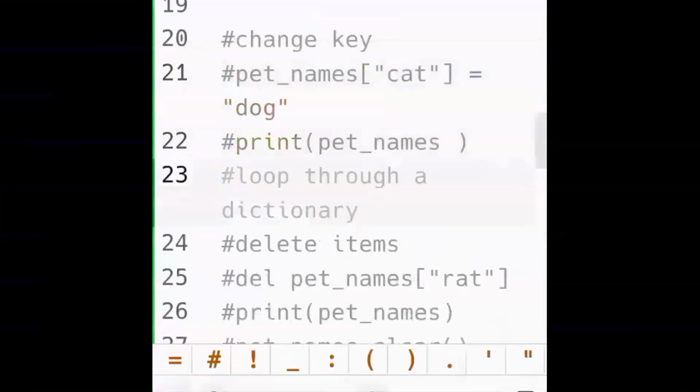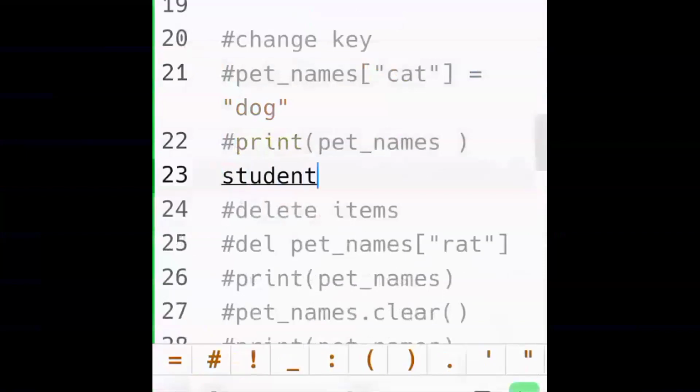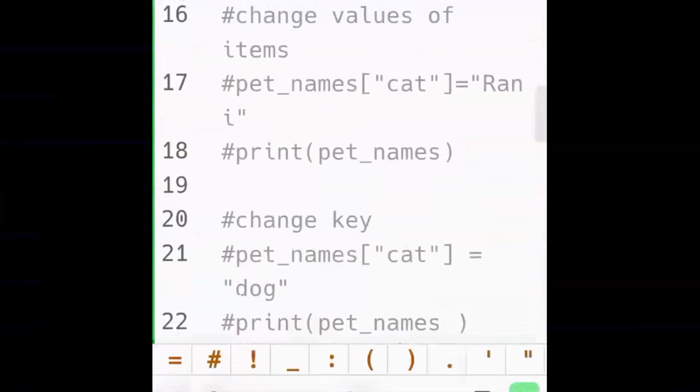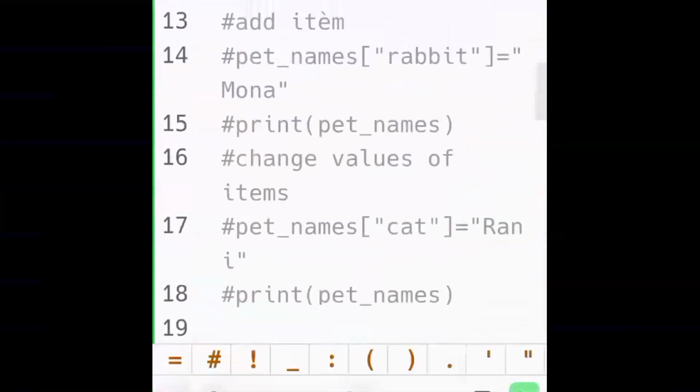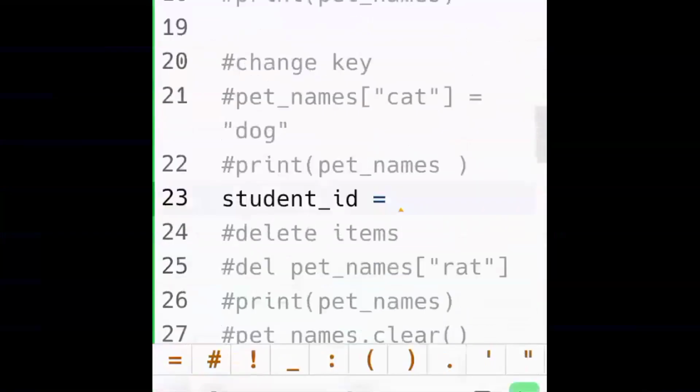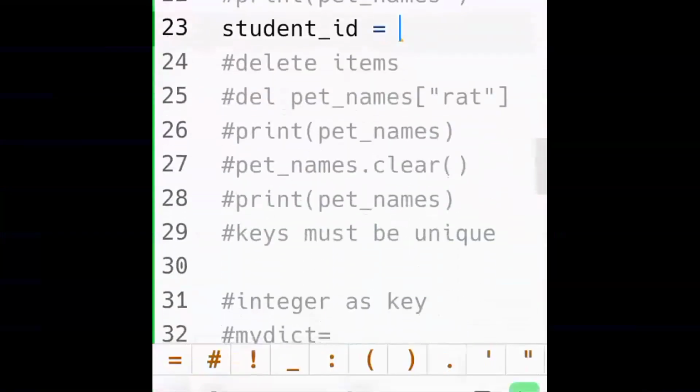So like here, for example, instead of the name, it changed the key value, which is the dog. So you don't have to bother much about that, because usually we don't change keys. But remember, in the case of duplicate key values, we saw that was not possible. You cannot have duplicate key values. We've already seen that in the previous example, where the last one got overwritten.